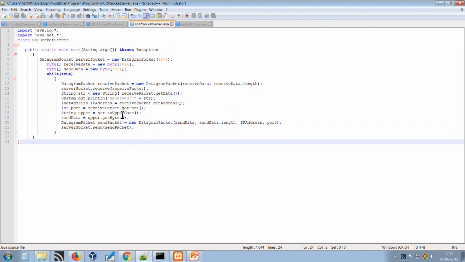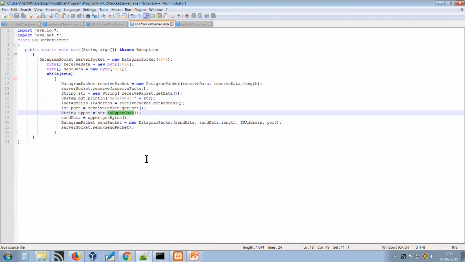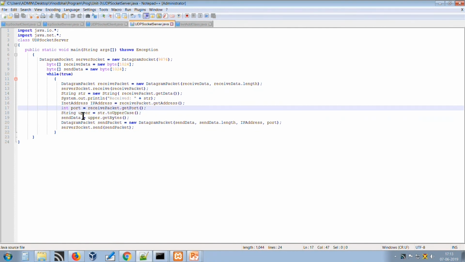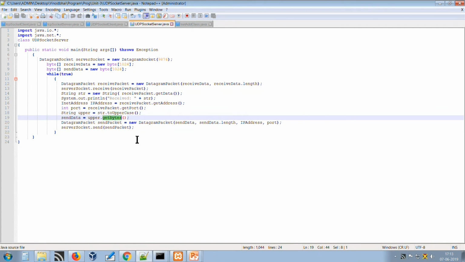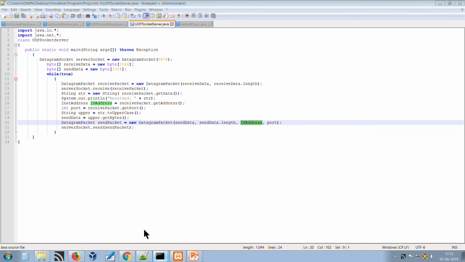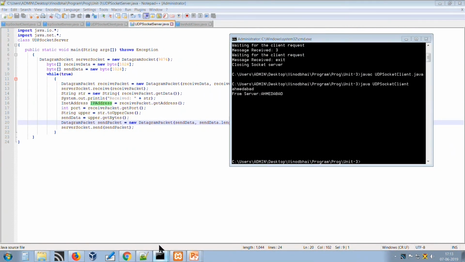What you have done here, see here we have used the uppercase method simply. Once the server receives this data from the network, it converts it into uppercase and sends back as bytes. See here, send data to the particular localhost and the mentioned IP port number and IP address. So this way the UDP protocol is used using the datagram packet and datagram socket classes. So this is all about TCP and UDP programming in Java networking.